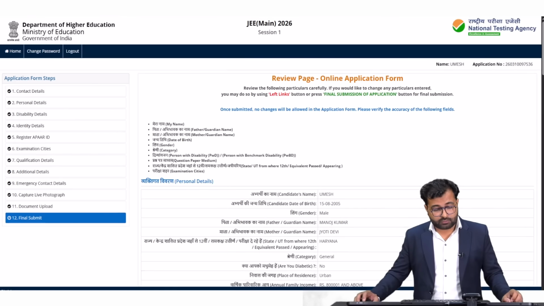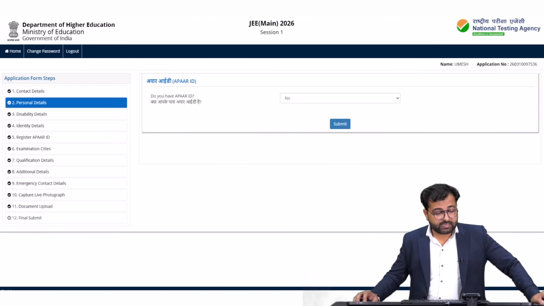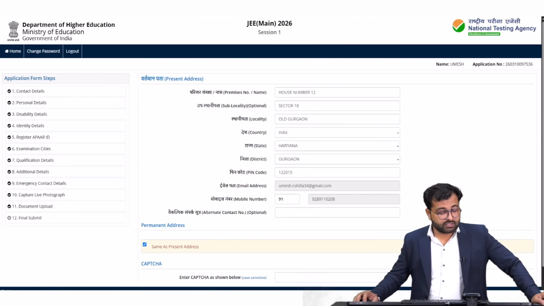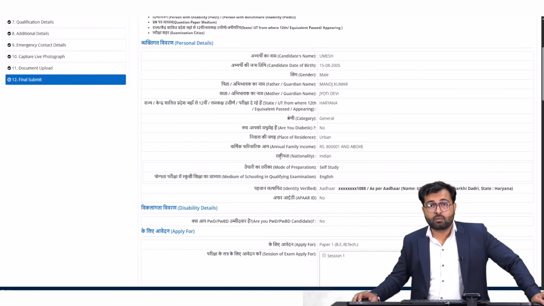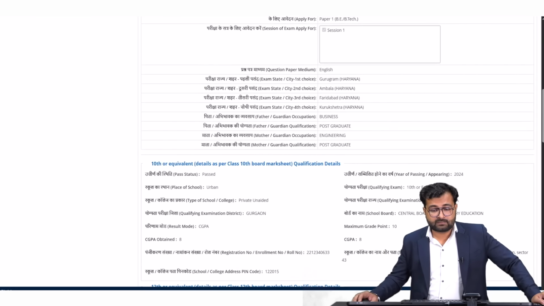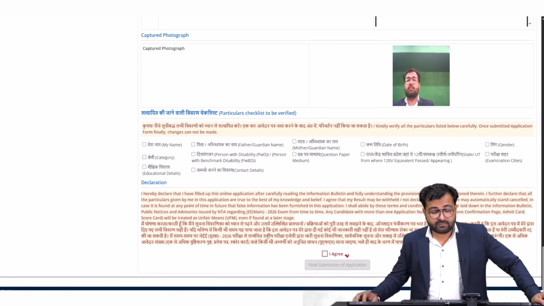Okay, close it. If you want to make any change, then you have to click here and complete your changes. Click on final submit, close, and review the form very carefully, each and every piece of information. After verifying, my name, you see it's correct. Father's name, correct. Mother's name, I'll check.